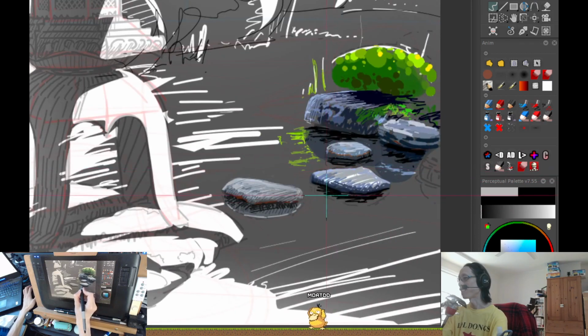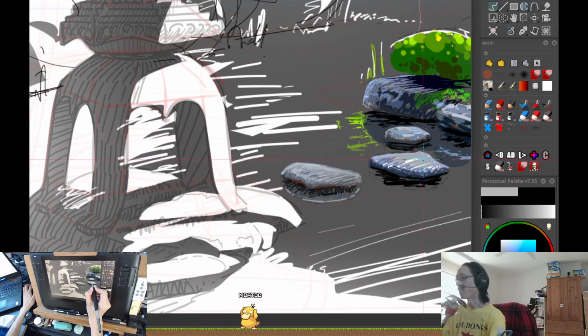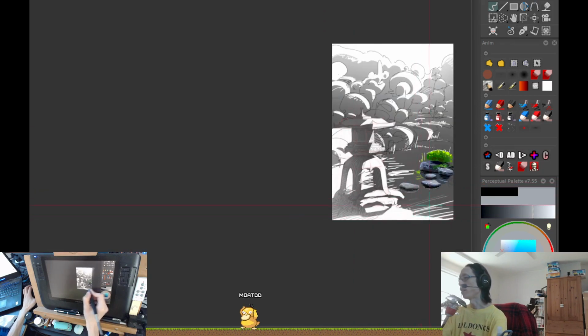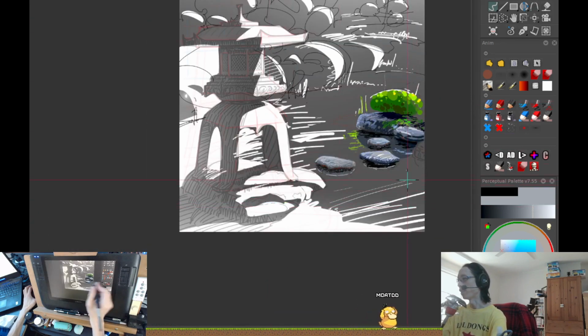These reflections are so easy. Easy mode. And then I can take some of that lighter color and I can go boop, boop, boop, boop. Oh, now it looks, wow. And then maybe even a little bit of that light color, I can go beep, beep, beep. And now it starts to look like